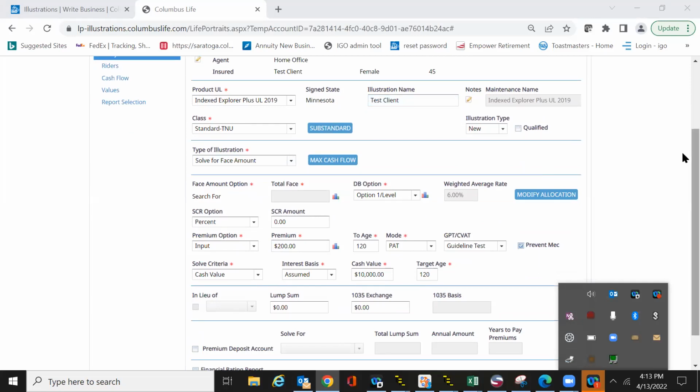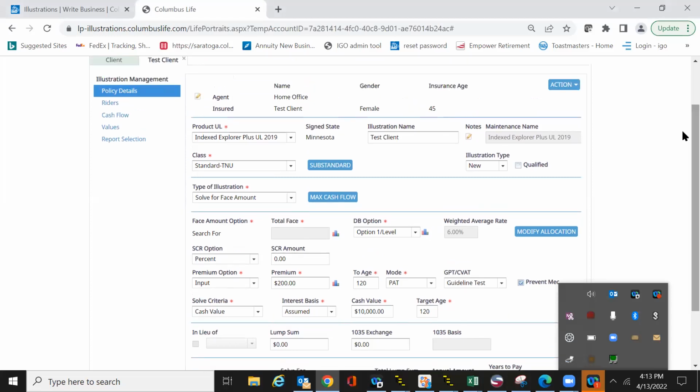Sorry about that, folks. So that's your simple illustration. IUL, solve for premiums, solve for face amount. So now we're going to talk about a cash flow illustration. So again, your default on these